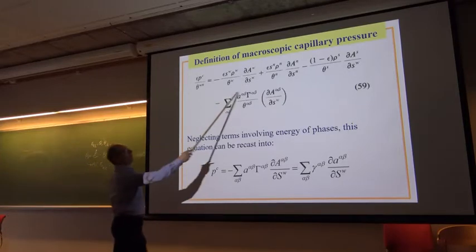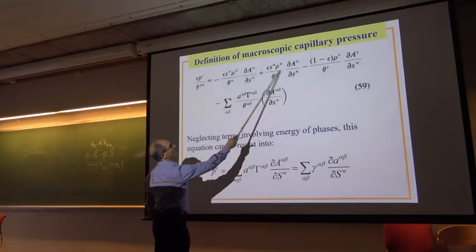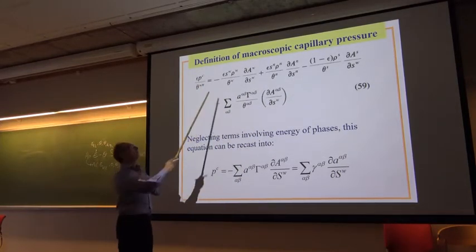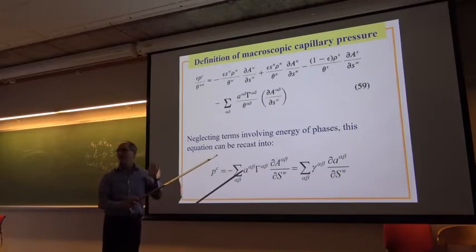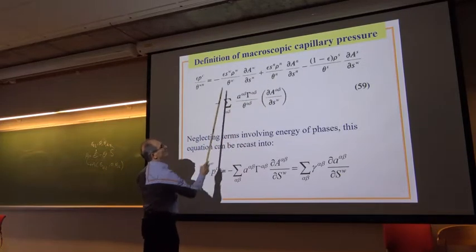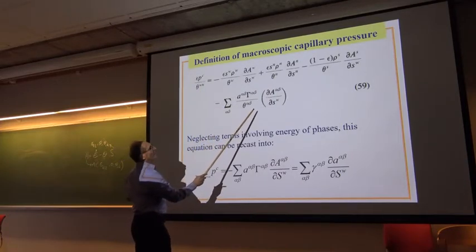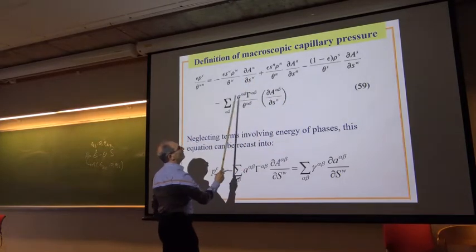So this was in my entropy inequality. And I identified this whole thing, I denote it by the symbol PC. I'm not saying it's capillary pressure. It's a coincidence that it is PC. But I denote this by PC, and what is it? It is the change of free energy of the system.